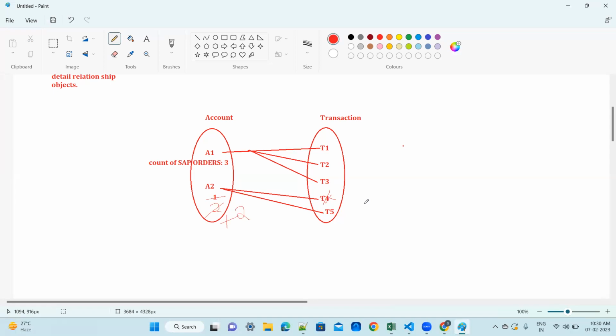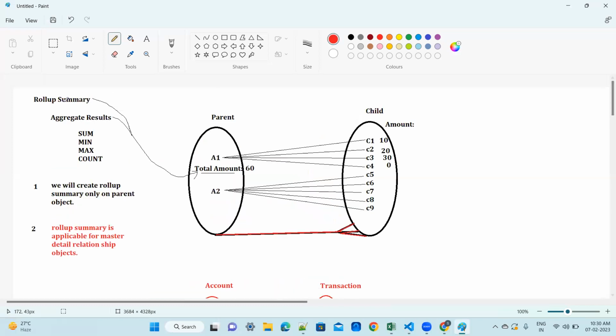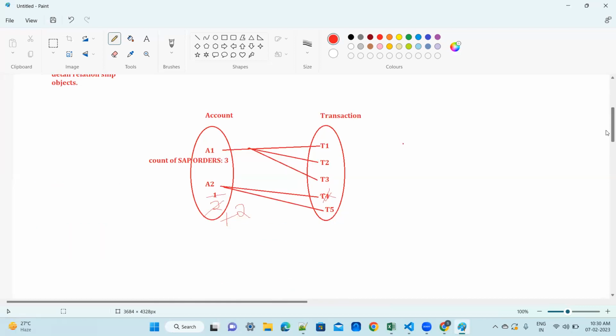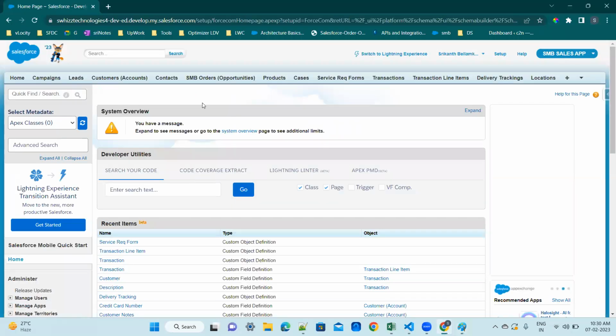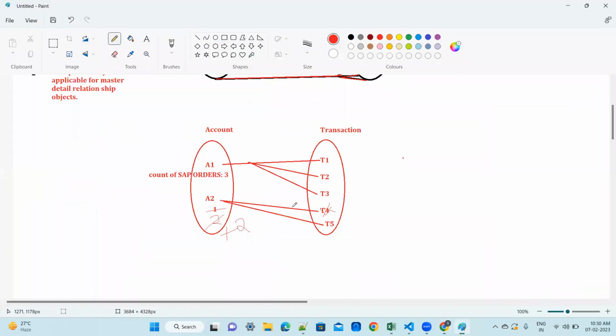I need it systematically. So that is the reason, if you want to perform the aggregate results and populate them onto the parent, we have only one concept inside Salesforce. We can create a roll-up summary. And if you see account and transaction, we have created a custom relationship, that too a master detail relationship, between the account and transaction. Now tell me, to satisfy this requirement,